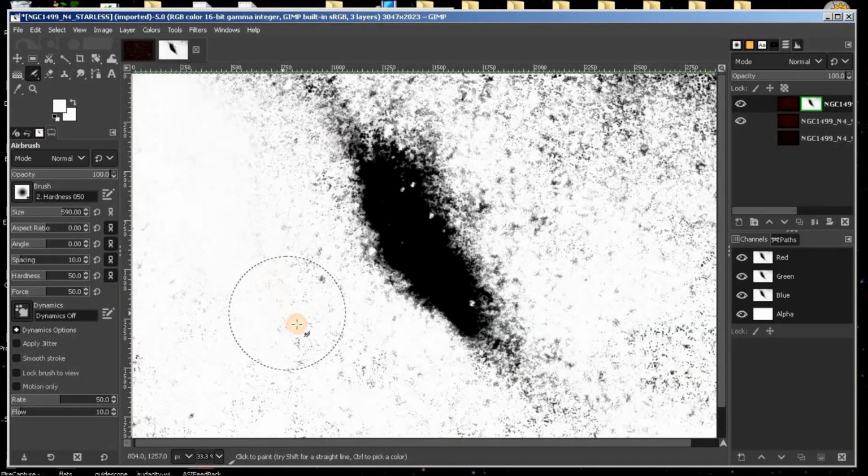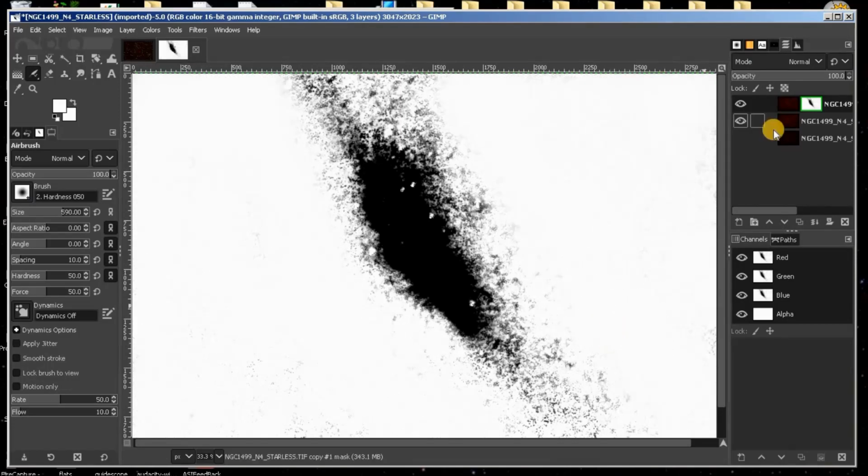So I'm just going to go through here and do this and try not to trash the other stuff, and I'll pause it while I'm doing that and then show you where I'm at. Now as I start to get tighter in here, it's really hard to tell what's actually the nebula and what's just junk. And one thing I can do,